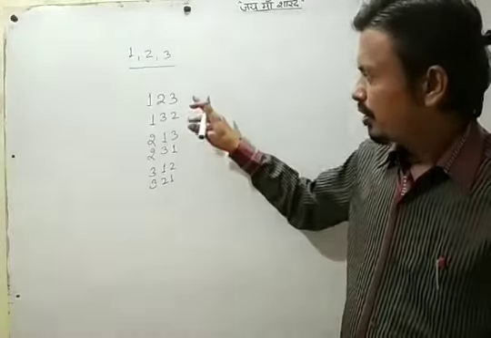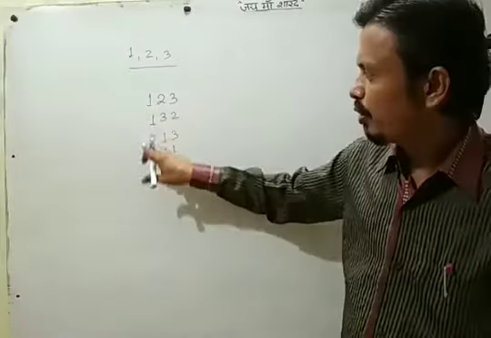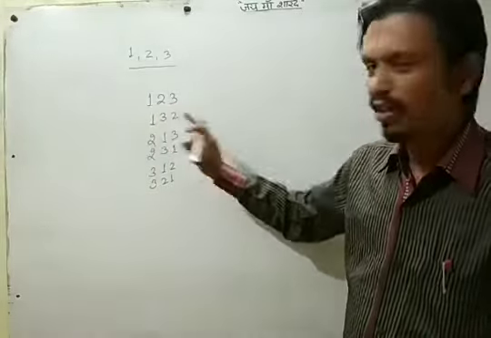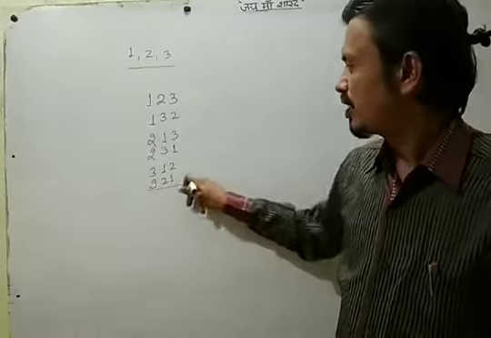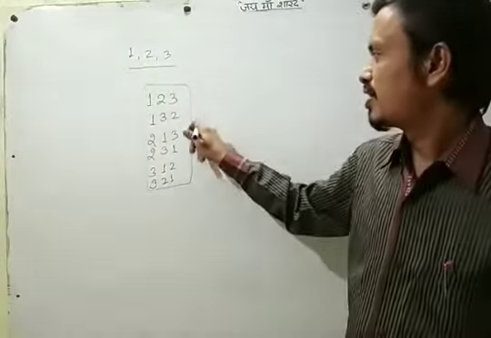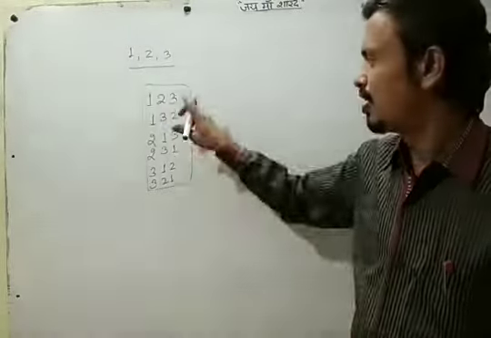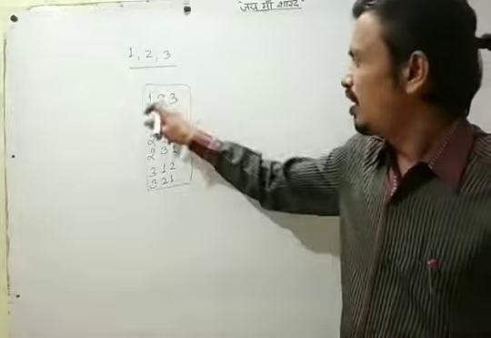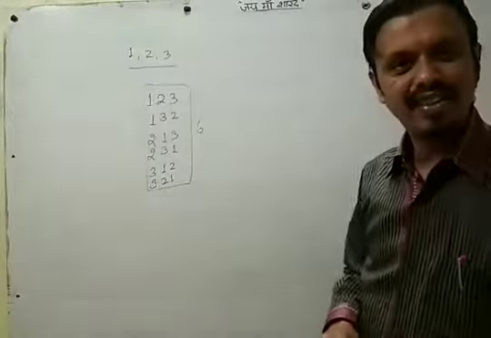Okay, so is any other option possible? At the first place we took 1 and then we changed the 3 and 2, or 1 3 1 2, like this. So these 6 options are there. 6 numbers we can form with the help of the digits 1, 2, 3 as 3-digit numbers. So these 6 arrangements we can make taking these 3 digits.